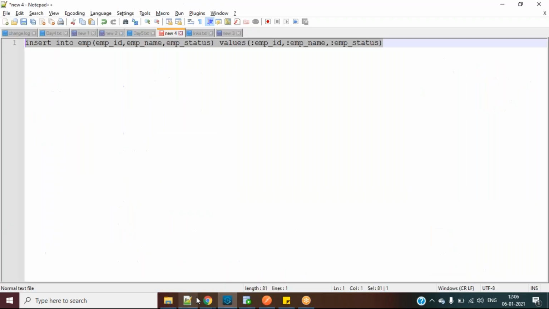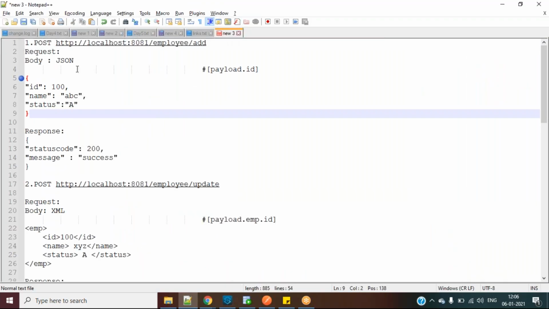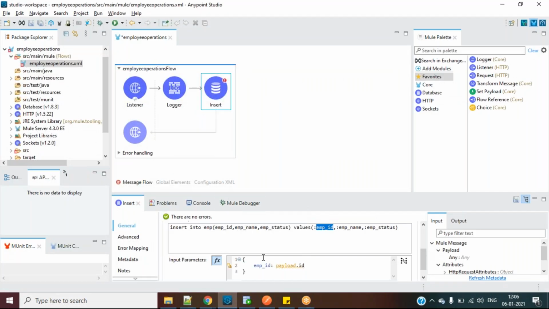So what we have here is id. Next we have to send name. In a similar way, you say the parameter name, EMP name, equal to payload dot name. Then EMP status equal to